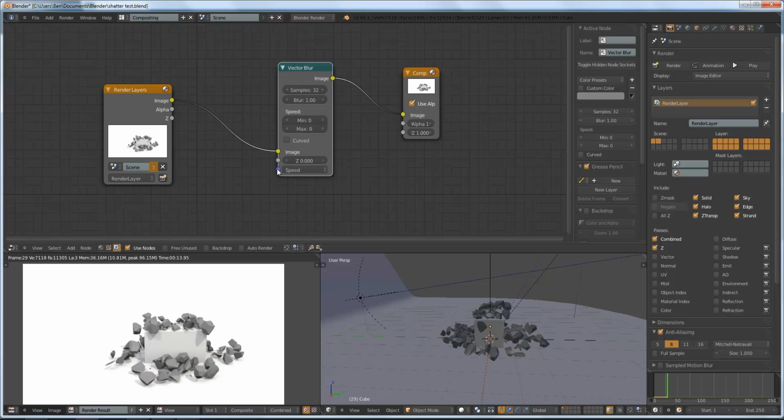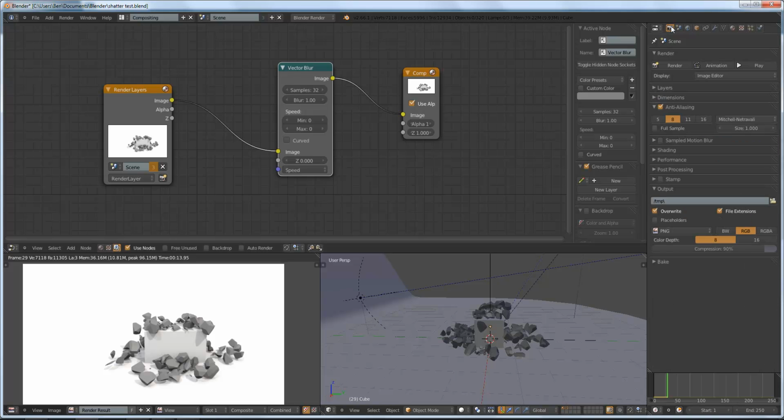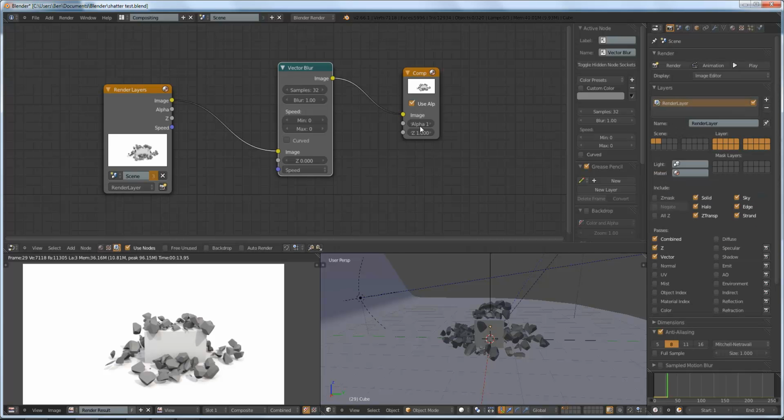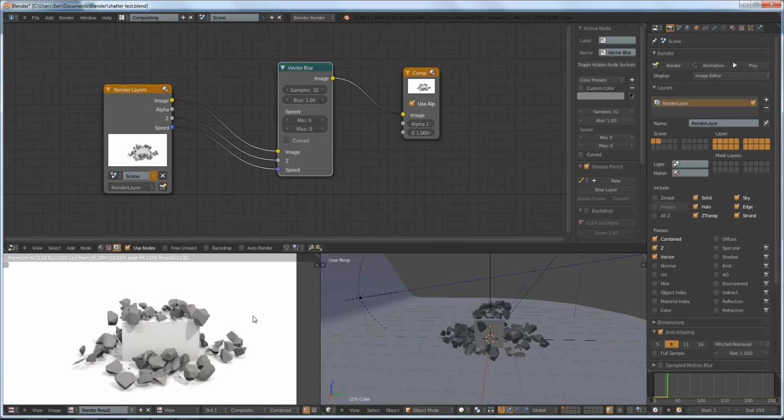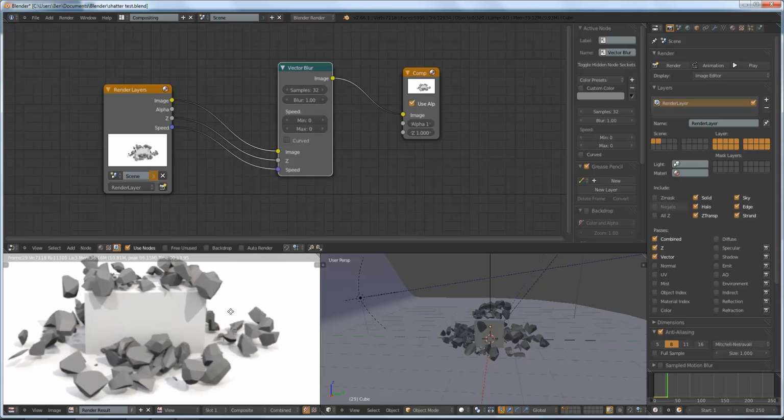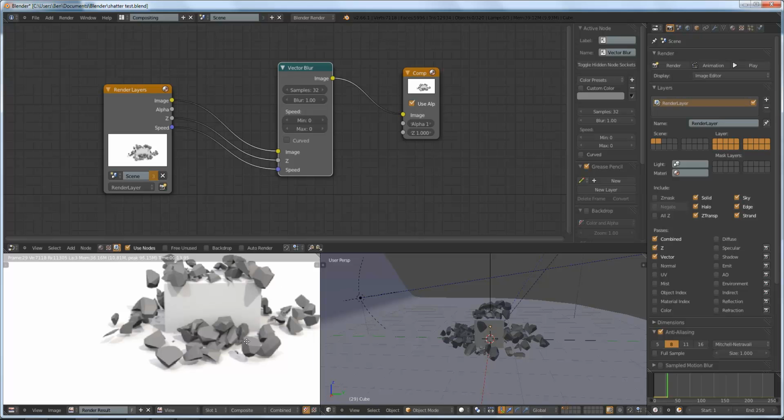To do this though, you'll see we have this purple speed option here, but we don't have a purple output right here. So we have to go in this render panel, go to layers and enable the vector layer, and that will give us this speed option right here that we connect to the speed option here, and the Z option here we connect to the Z option in render layer. And yeah,